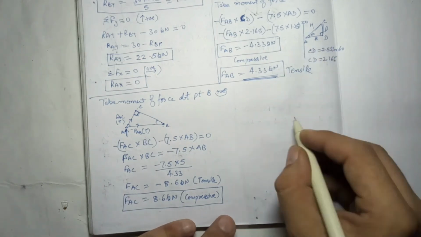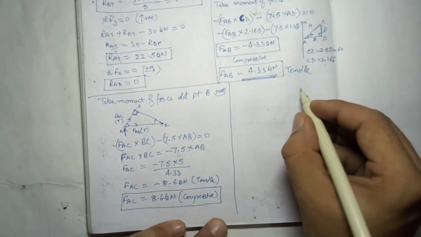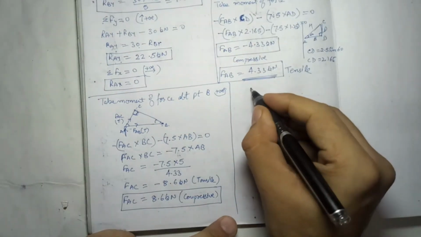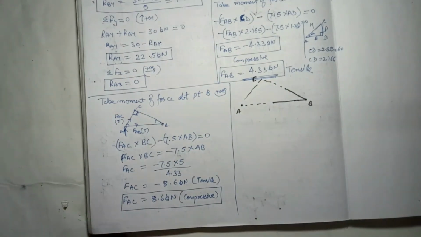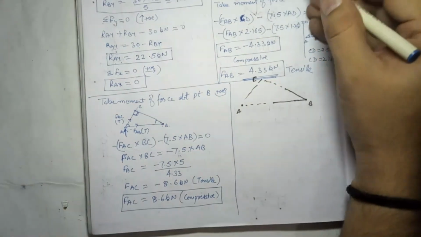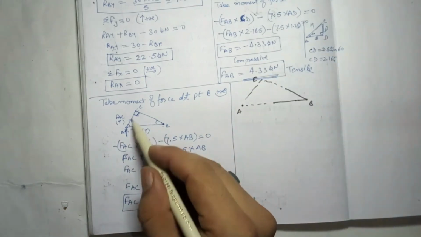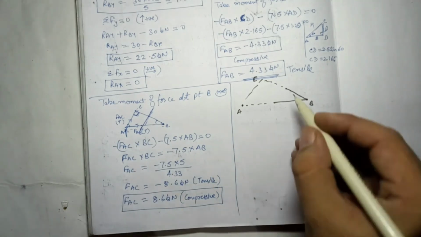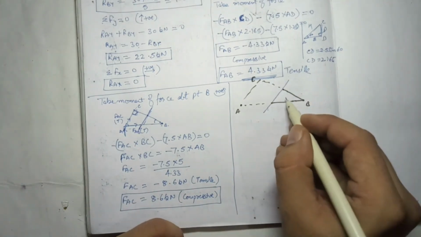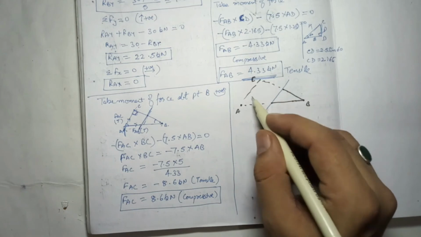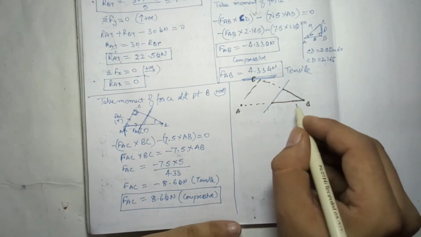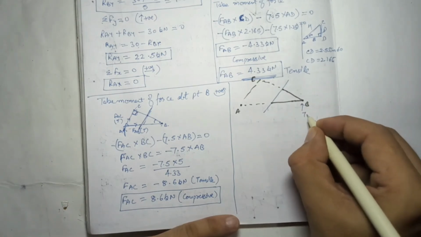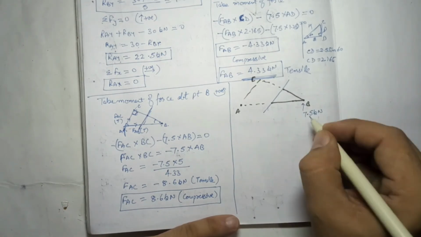Now to find the third force, we will again assume another section plane. I will make the diagram again. Now we have calculated these two forces, and now we have to find this force. So for this force, we will take the section plane like this. It means I'm taking the section plane here. Now this part will be under consideration, this part we can ignore. When I take this part into consideration, this value we know, that is again 7.5 kilonewton. We have calculated this.